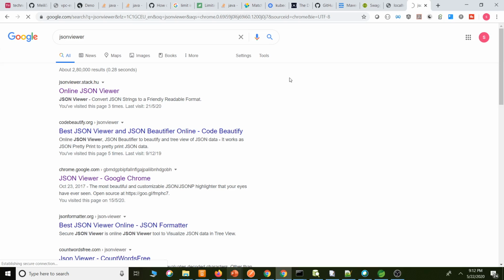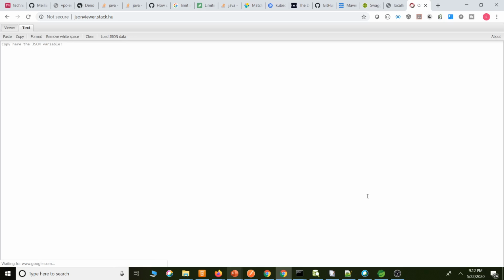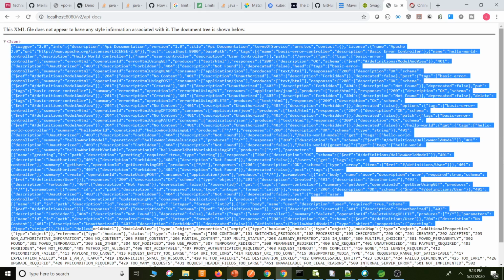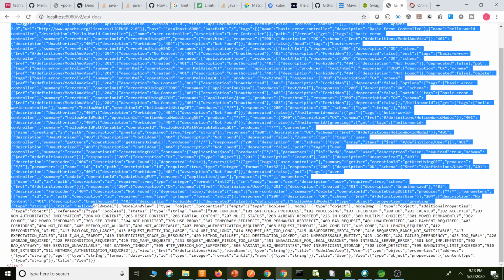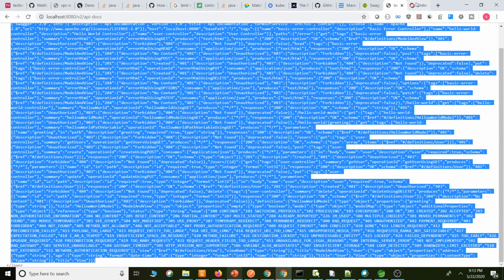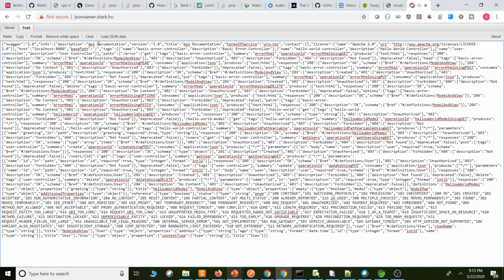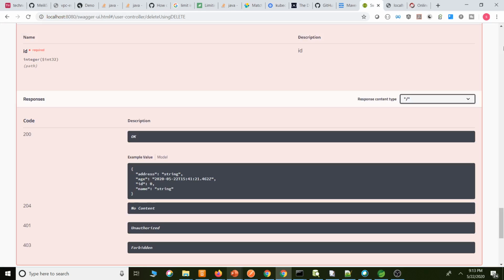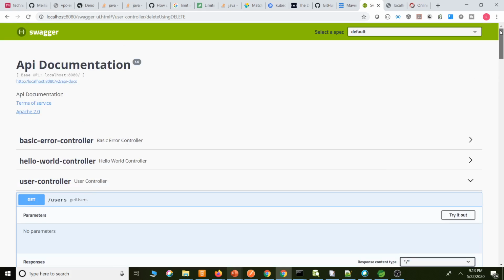My internet is a bit slow today. Paste here. In the viewer, see here, the Swagger 2.0 documentation; the UI also will show this.